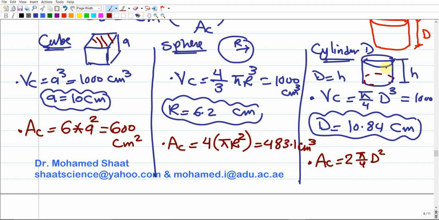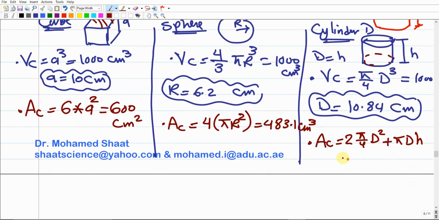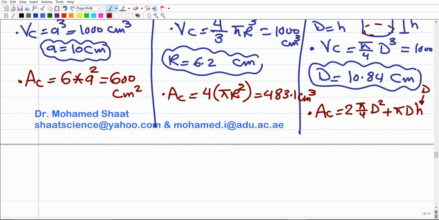This is the area on the top and the area on the bottom, plus the cylindrical area, which is going to be pi d times h, the perimeter times the height, because the expanded shape of this cylinder is like a rectangle with a length of pi d and a width of h. If we did the calculation, h is going to be d, and we got d by 10.84. If we did the calculation, we're going to end up with the surface area of the cylinder, which is